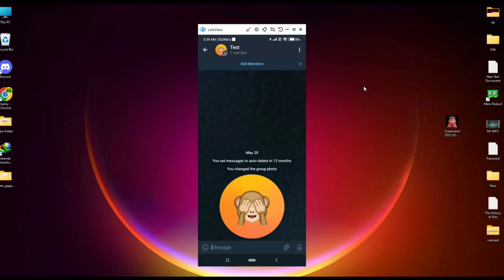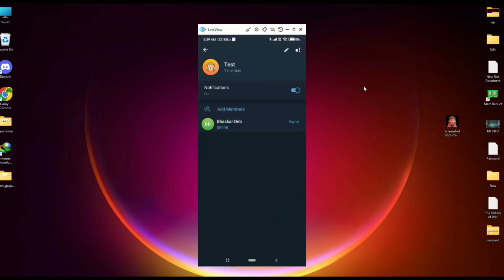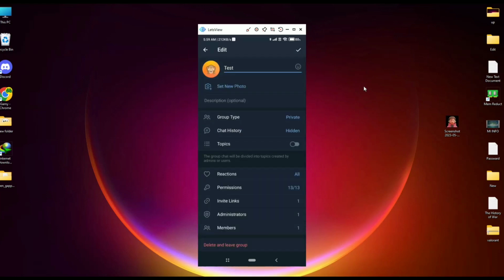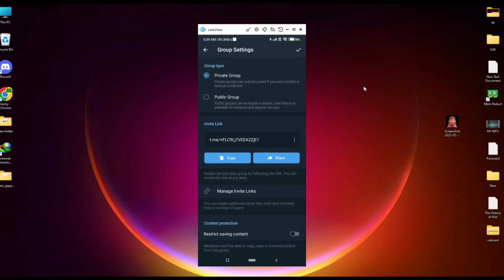Now for additional settings, just simply click on the group name, then click on the pencil icon at the top right, and now over here you will find all the settings regarding your group. So the first thing that you have to change is the group type. Click on it. Now if you want a private group, you can just simply keep it private, and to invite